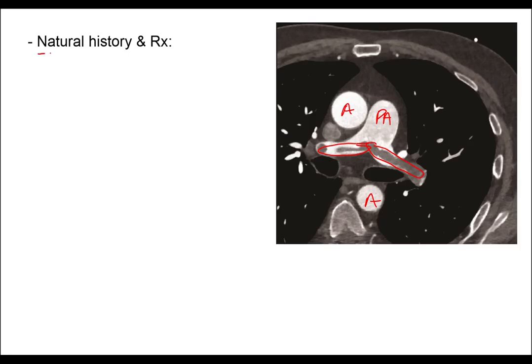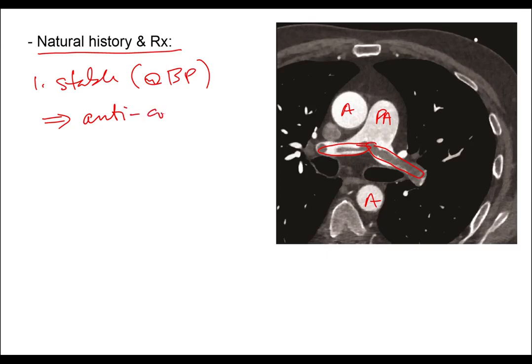So what do you do once you've diagnosed a pulmonary embolus? Well, the treatment depends on whether it is a high risk or a low risk clot. So if we talk about a stable patient, and stable means that there is a normal blood pressure. Some groups will also include no evidence of right ventricular decompensation. If they're stable, then you're not going to do anything about the clot itself. All you're going to do is anticoagulate them to prevent more